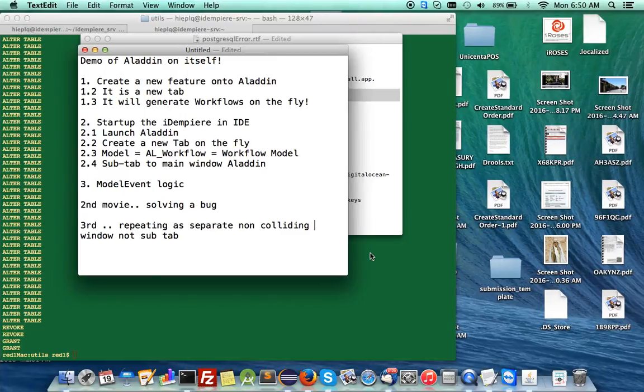All right, this is now the third movie. Where we stopped was that we have solved a bug, but we were not able to have a subtab to the Aladdin. However, we will not go into that, but I realized a design fault of mine. I'm going to repeat the new model. Okay, the fault was because this name is colliding with